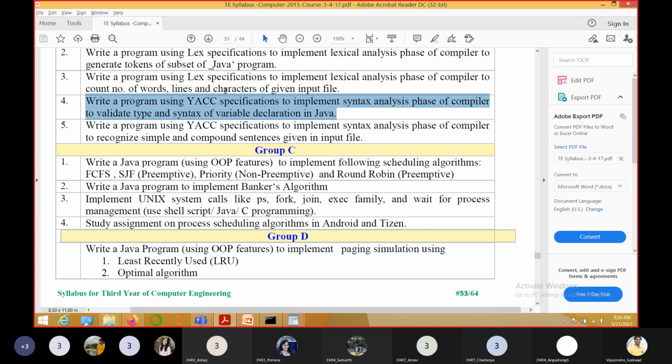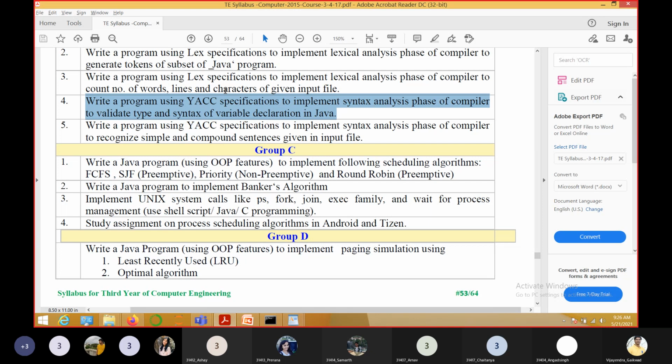And how do we specify the rules in syntax analysis? I mean, in Yak, which is used for syntax analysis, we are specifying the rules in the form of grammar, right? You must have studied the context-free grammar in TOC. So the same grammar we are using to implement the syntax analyzer. Understood? So here in assignment B4, what are we expected to do?